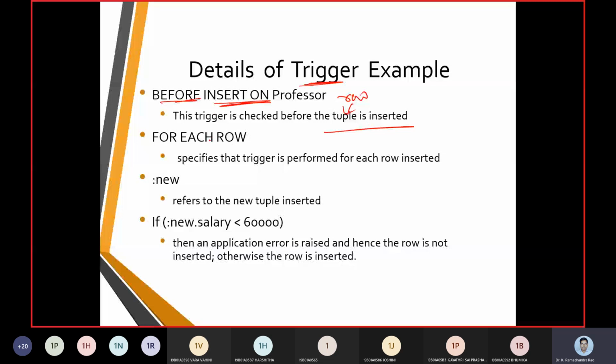A row level trigger is activated once per modified tuple, or once per every row it is going to take up. But as far as a statement level trigger is concerned, it is going to check once per SQL statement.